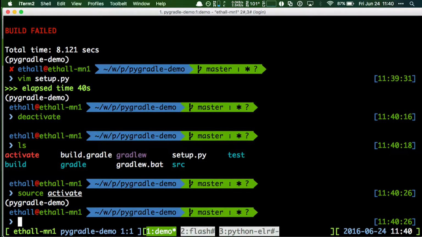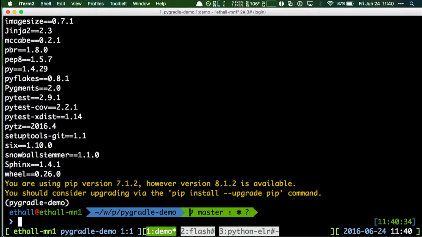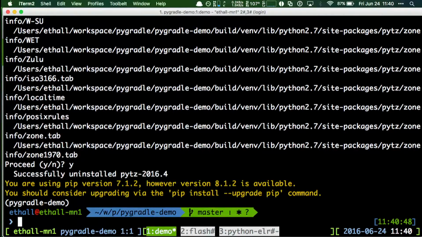And I'm in there. So I could do pip freeze, and it'll show me all my dependencies. Kind of nifty. So I'm going to go through and delete one of the dependencies that I've installed. I'm going to do pytz, or PyTZ. It's going to list them all off. I'm going to click yes. It's deleted. If I do it again,